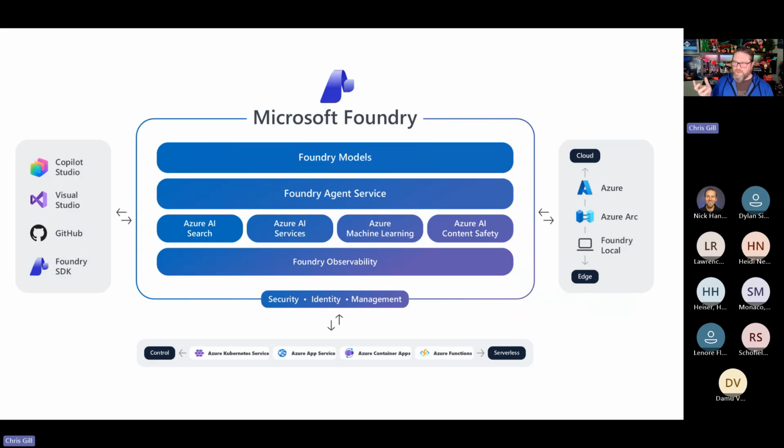You could still use Azure Apps for traditional web APIs. You could dive really deep into taking full control of something and utilize Azure Kubernetes Service when needed. And at the end of the day, then you can wrap, again, on this far right side, you can take full control, deploy across the cloud, edge, or even local setups using Azure Arc and Azure Local.